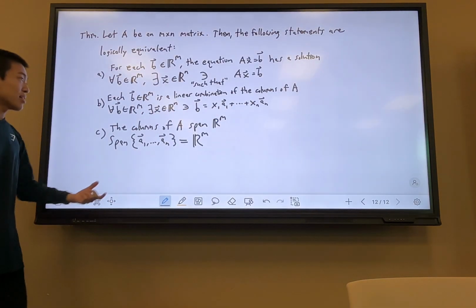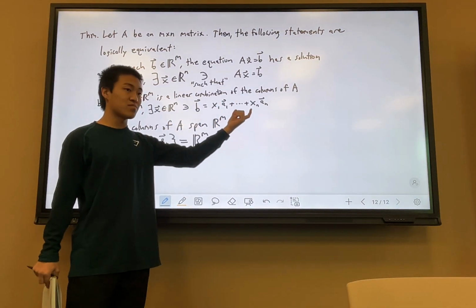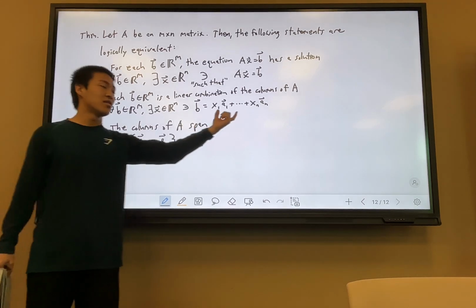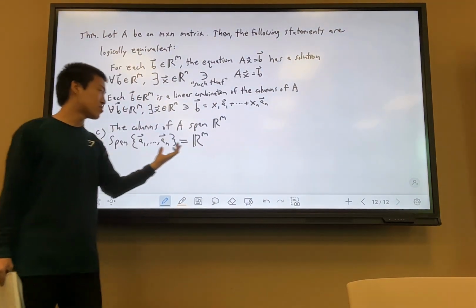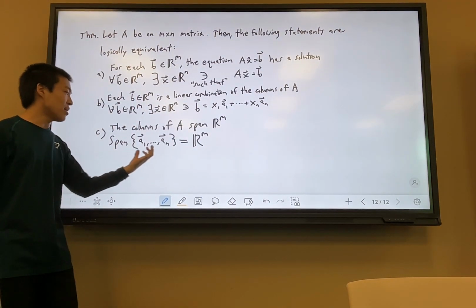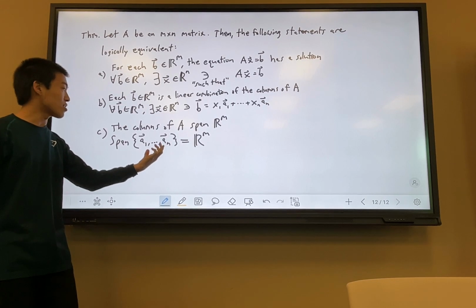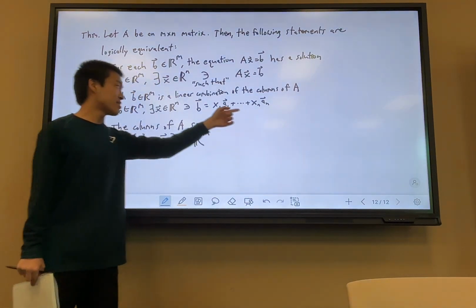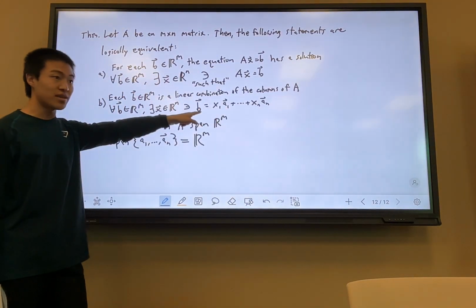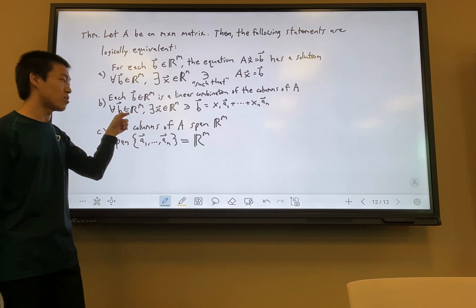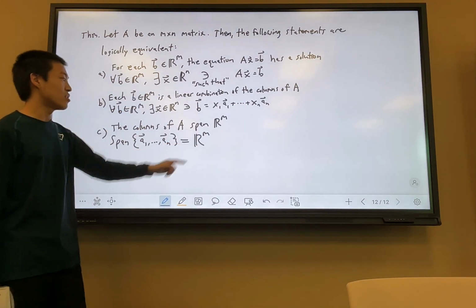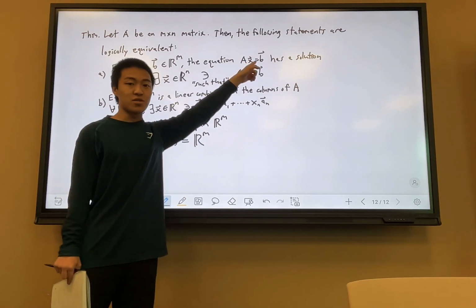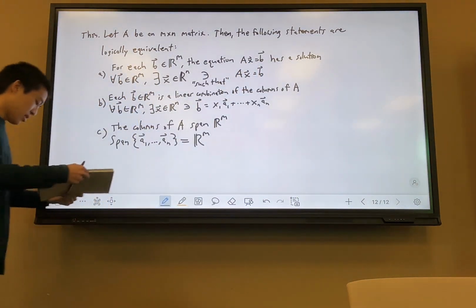Well, that sure sounds like the whole set of all possible linear combinations, which is what we meant by the definition of the span of those vectors. So this becomes true definitionally. The span, all possible linear combinations here, is all the possible linear combinations here. And since no matter what this b is, that's essentially all of the possible vectors in Rm, that span is going to be Rm. And that, by nature of being related to the middle statement, is related to the first one with the matrix equation. And then the last one